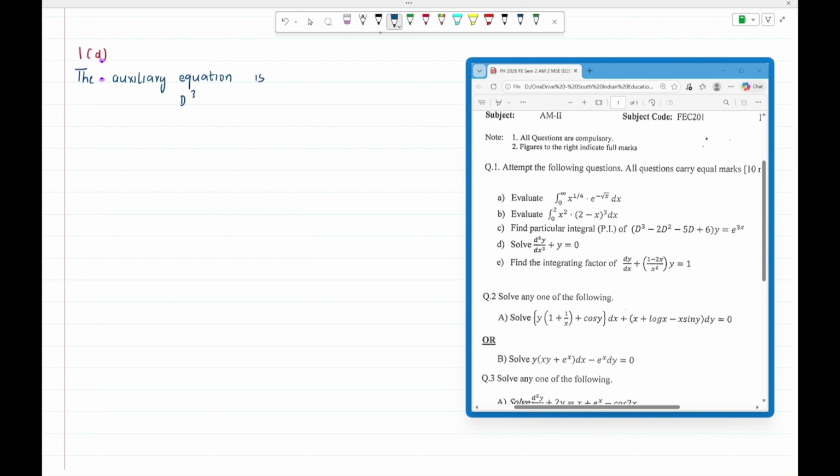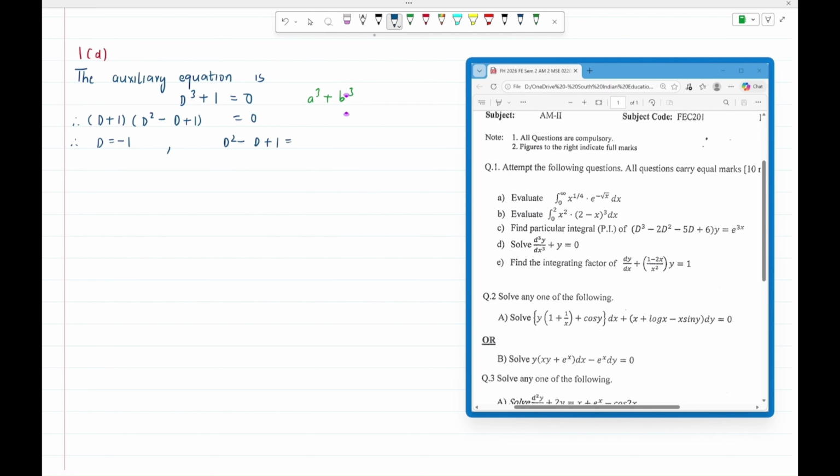in this case it will be d cube plus 1 is equal to 0, and we will be using the formula a cube plus b cube. So therefore the left hand side can be rewritten as (d plus 1)(d square minus d plus 1) is equal to 0. This gives us that d is equal to -1, and the quadratic factor can be solved